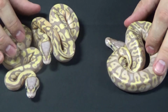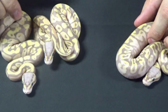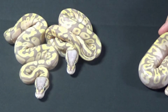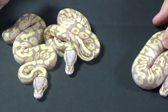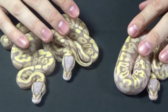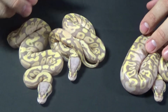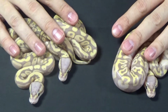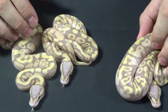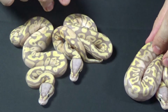As far as these two guys go, I don't know. I think that they're pastel. The head's pretty blushed out, and they're a little bit more yellow than the other bananas we've produced, but it's hard for me to say. Again, I am not an expert with IDing morphs, especially things that I've never seen in person before. So at the very least, we have banana double het lavender clowns. They are all male. I believe this one is yellow belly, and I think these two are pastel. I don't know if we got any pastel yellow belly